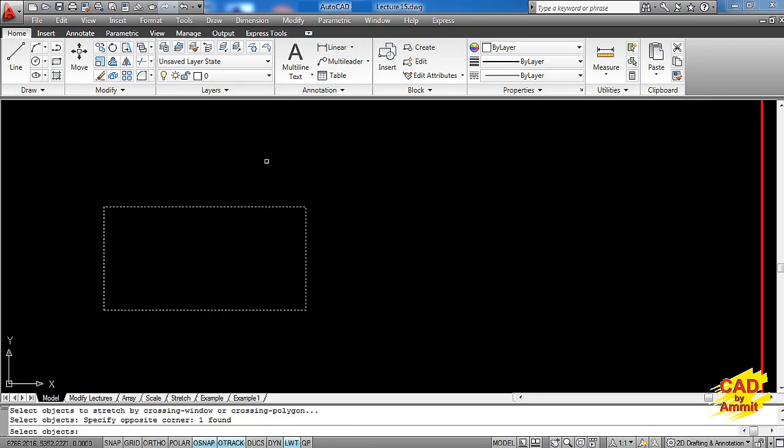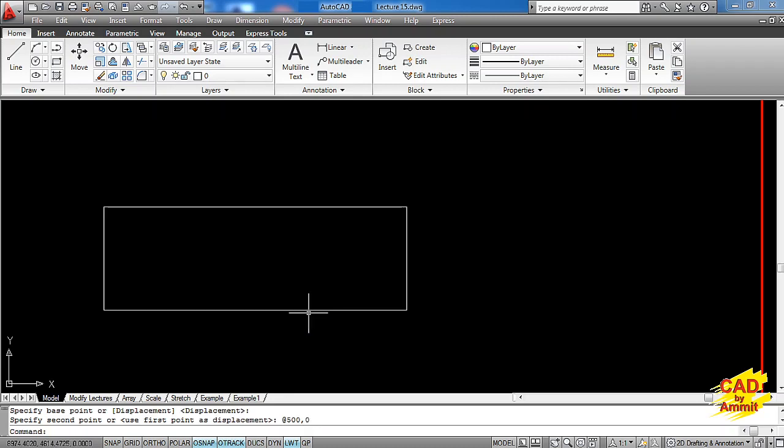I click there, press enter, pick the base point, and then I can type @500,0. Yes, here I am using relative Cartesian coordinates. As I press enter, the rectangle length has increased and has become precisely 1500 millimeters.